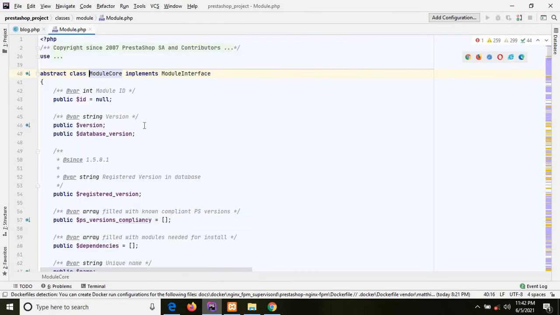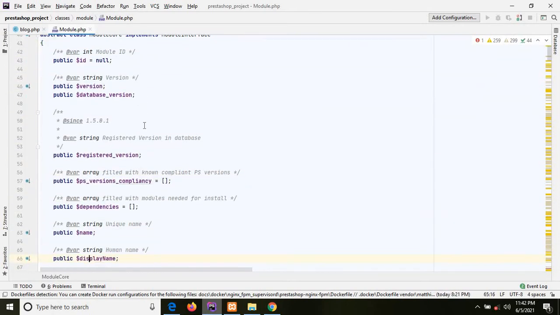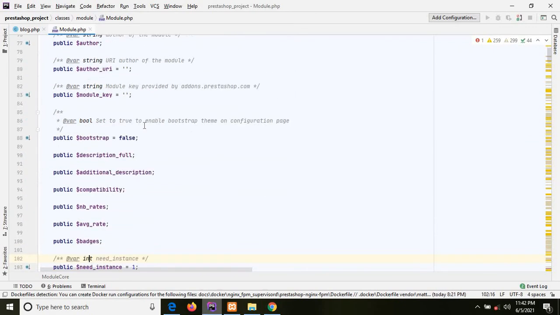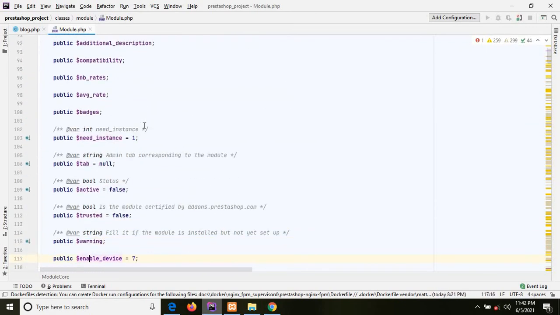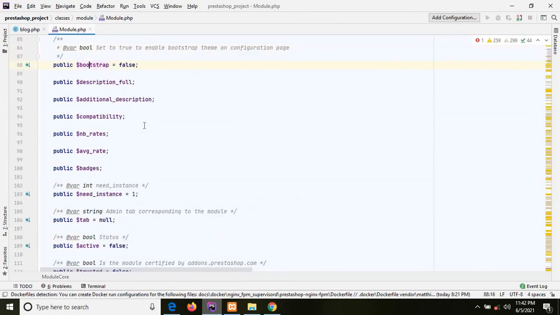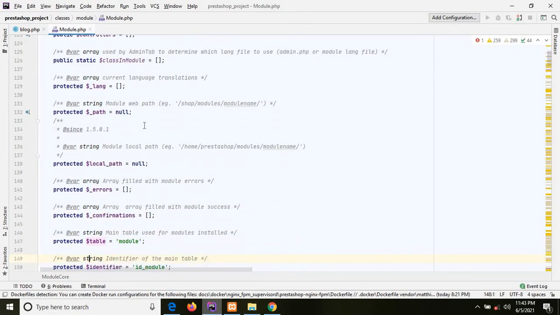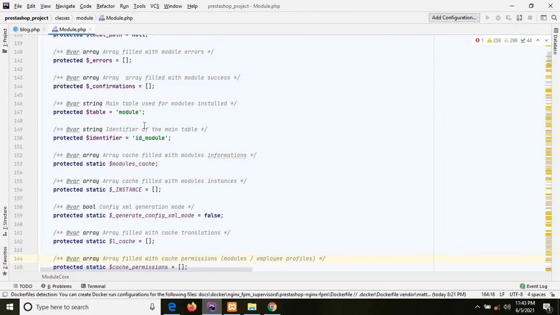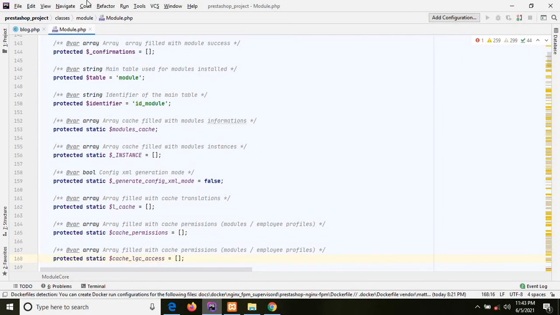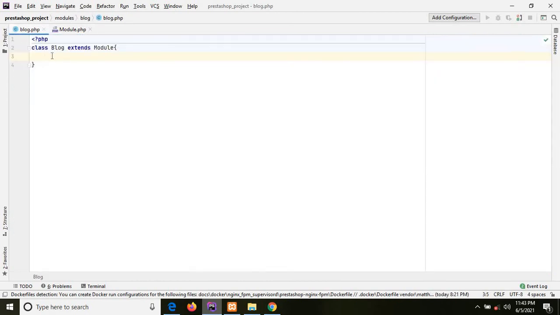Here you will see the different functions that we are using. Different module features provide functionality, like module name, its description, then the different install and uninstall methods. So we are fetching all of this from the main class, that is the Module class. That's why we are extending that Module class.